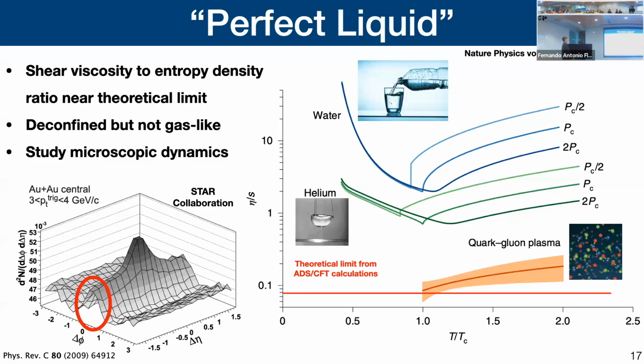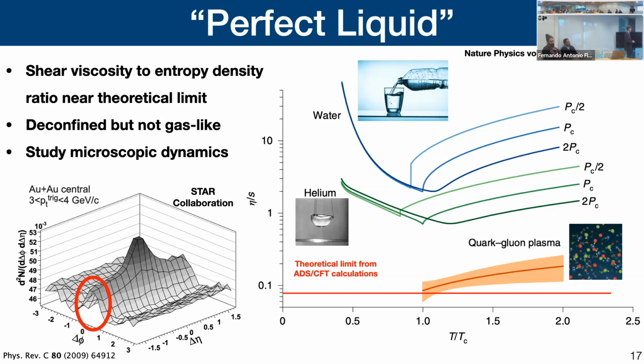Okay, so we have a detector and I said we want to make inferences about the quark-gluon plasma. So what are some of the things that we've learned about the quark-gluon plasma? One of the first things that was discovered at RHIC was that if you look at the correlations between particles and you plot them in this kinematic space, the difference in the azimuthal angle and the difference in their pseudorapidity, there was actually a bump here known as the so-called near-side ridge, which is a hallmark of what is known as collective motion and flow.